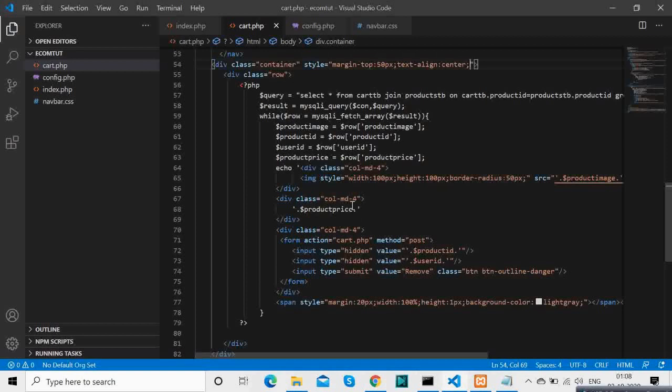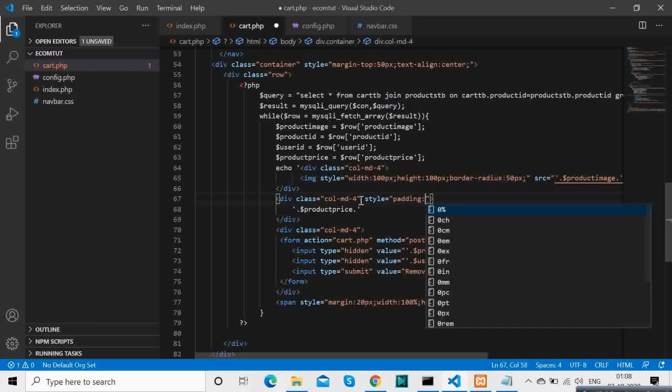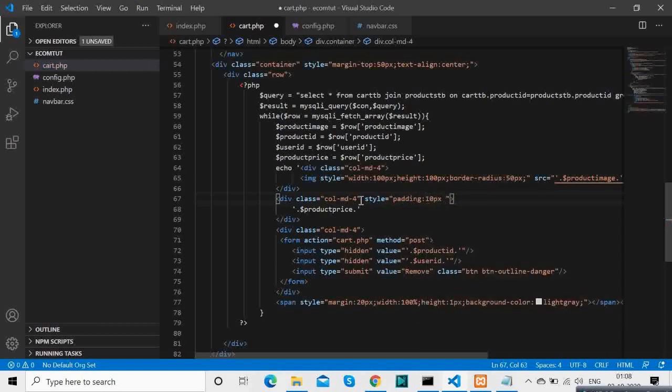So basically just fiddling around with the UI to get things to look a little bit better. After that we'll be having the functionality of removing. So removing, updating, all those things will be there.